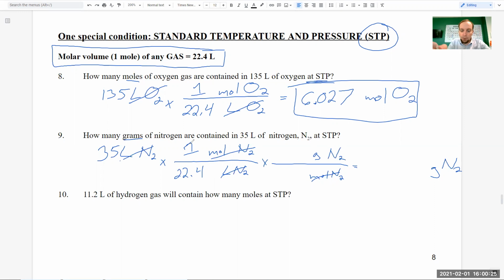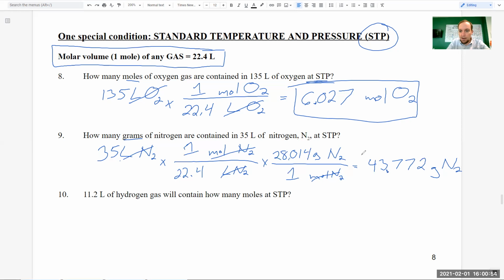All right, then for grams over moles, the moles is going to be equal to 1. Grams comes from the periodic table. If I take the mass of nitrogen, multiply it by 2, it's 28.014. I'm going to go ahead and multiply all this together, and I'm going to divide by 22.4 and divide again by 1. And I get my answer in grams, not moles, but in grams of